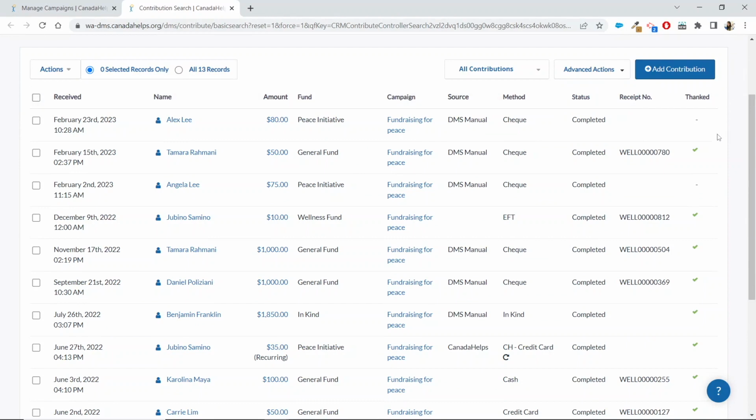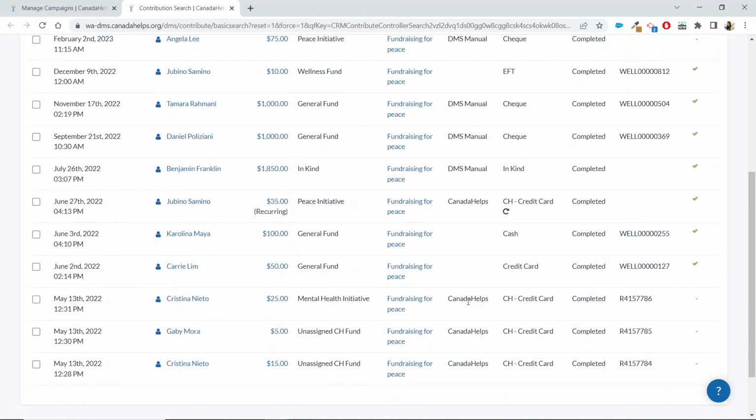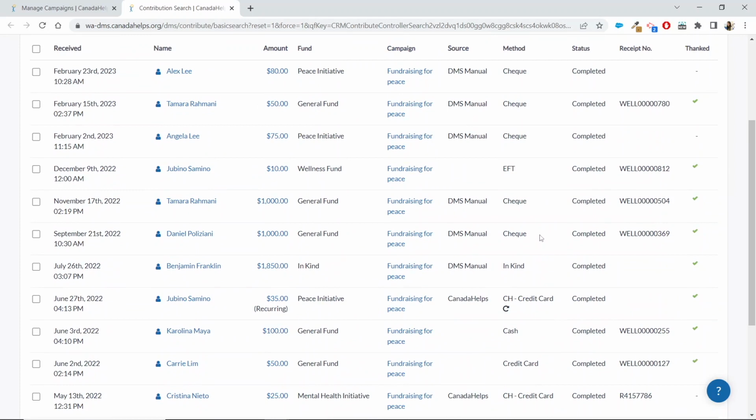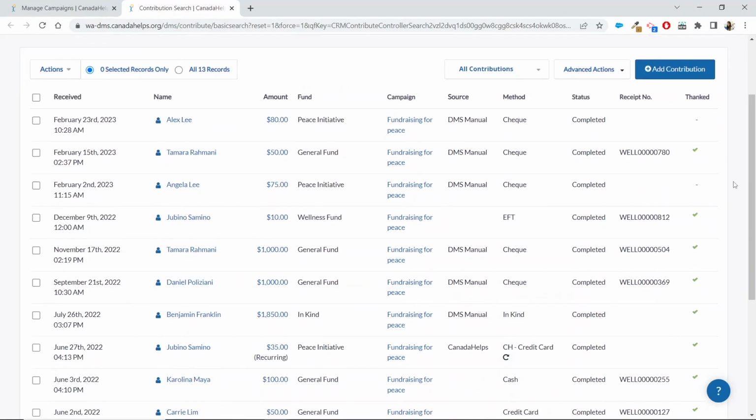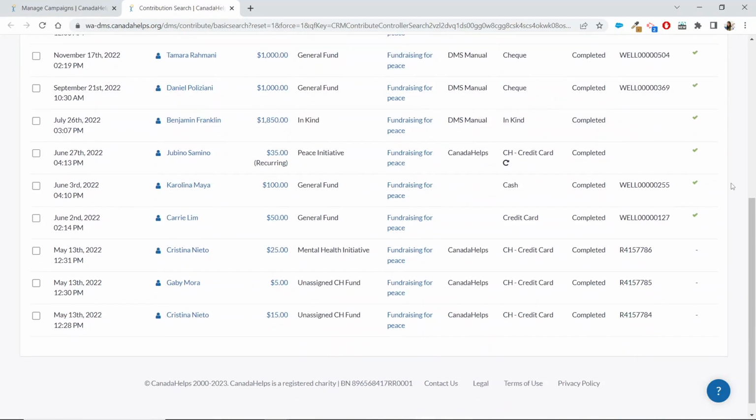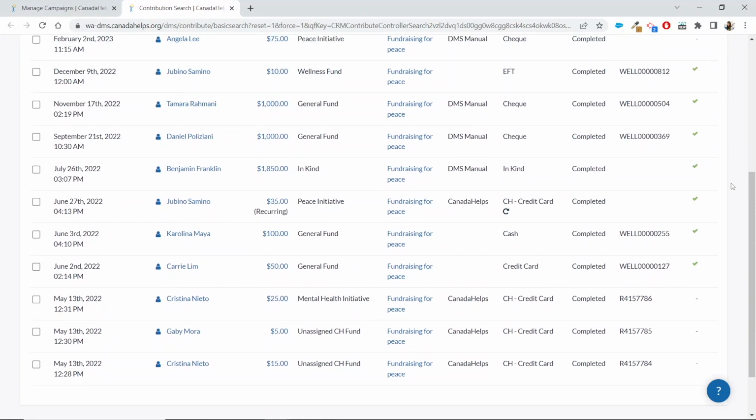So, for example, if you're running a peer-to-peer campaign through CanadaHelps.org, in other words, an online campaign, the DMS will automatically create a corresponding campaign. But if a donor sends in a check, which they'd like to have counted towards this online campaign, you can still record their offline gift and have it reflected in the fundraising totals for this peer-to-peer campaign in the DMS. That way, you're keeping track of online and offline gifts made to the same campaign without duplicating your efforts or